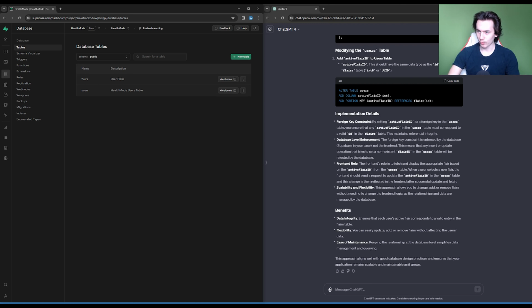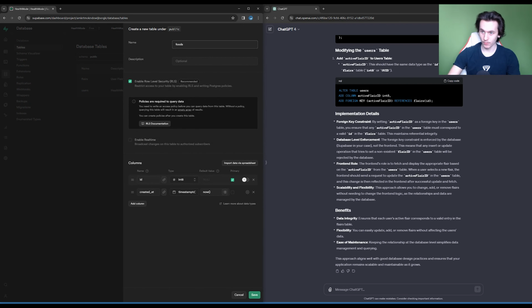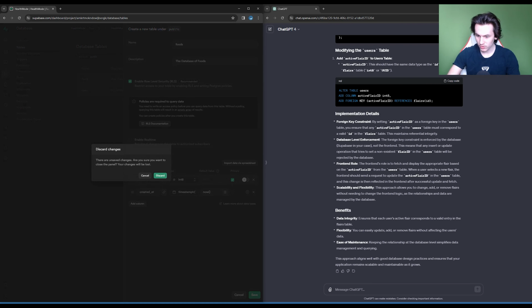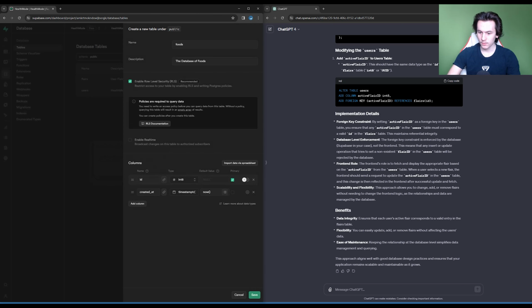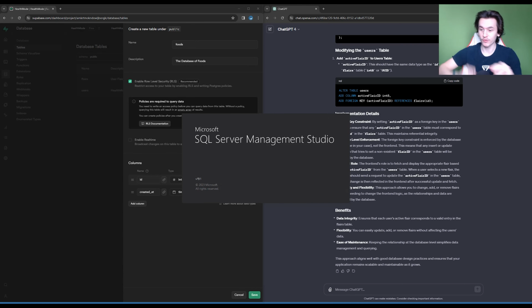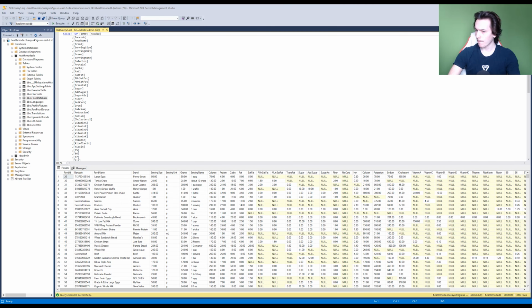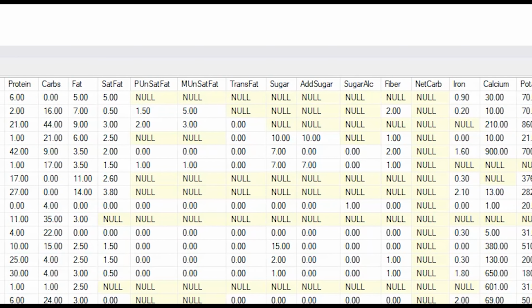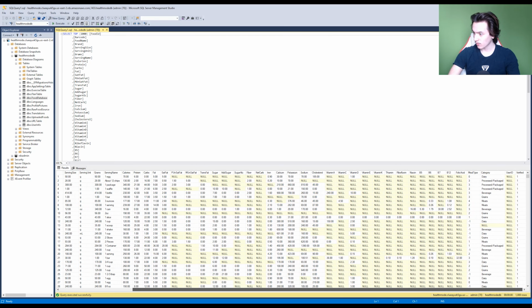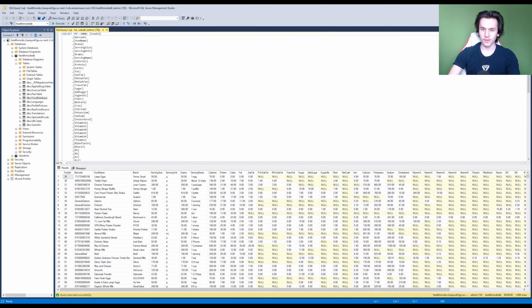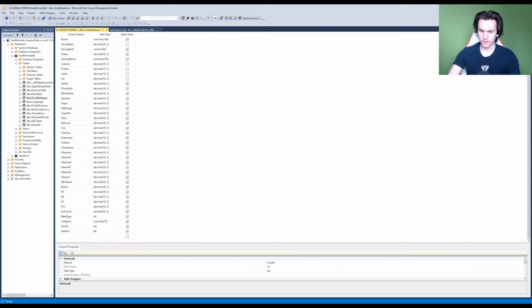The actual important thing would be the foods table. This is just the database of foods, which I'm not done with yet. I'll go in here on SQL Server Management Studio. You see, you've got food ID, barcode, name, brand, serving size, all this stuff. I guess I should actually have hit design. Basically, it's just text,